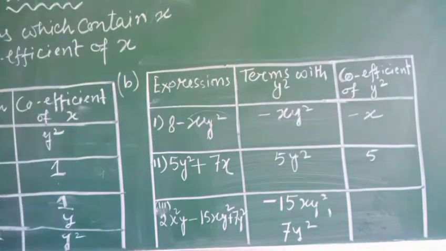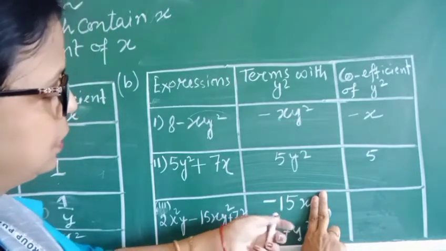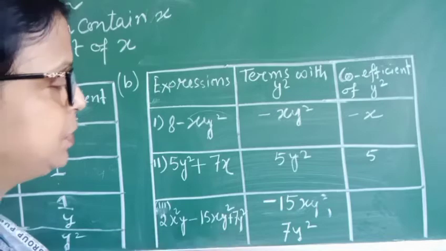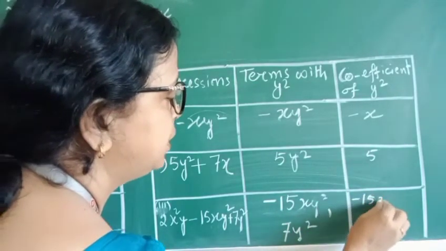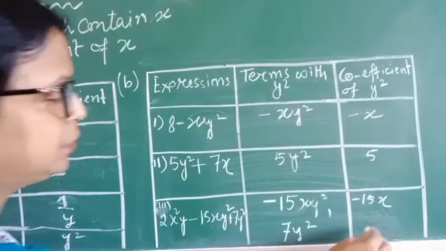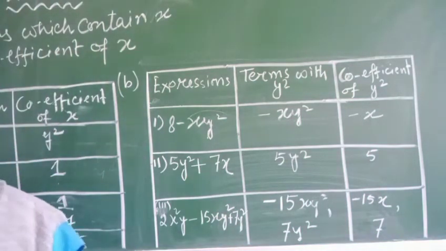So when we are finding the coefficient of y square, we will only cover y square. Then whatever remains is the coefficient of y square. So minus 15x is the coefficient of y square in this term, and here only 7. Okay. Next sum is,